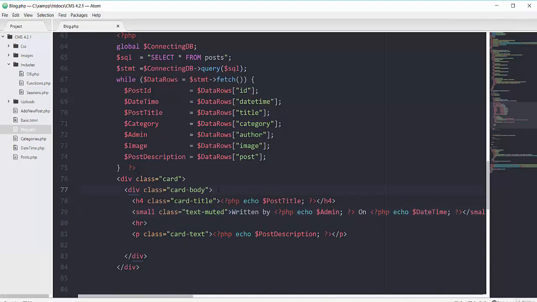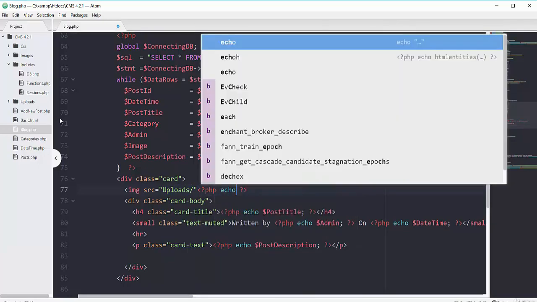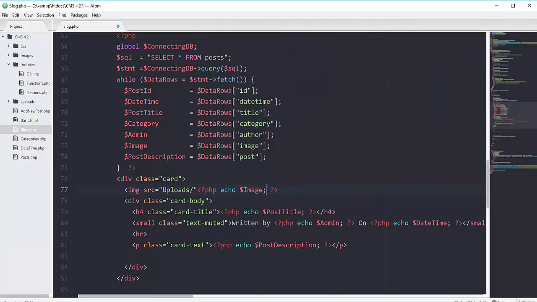So we are not showing our image. Right after the card class, right before card body, I will show my image. So adding the img tag. For its location, go to my uploads folder and then look for this image in a PHP scope. So echo image, and we have to put all this in a double quote. If I save this one and refresh my page,